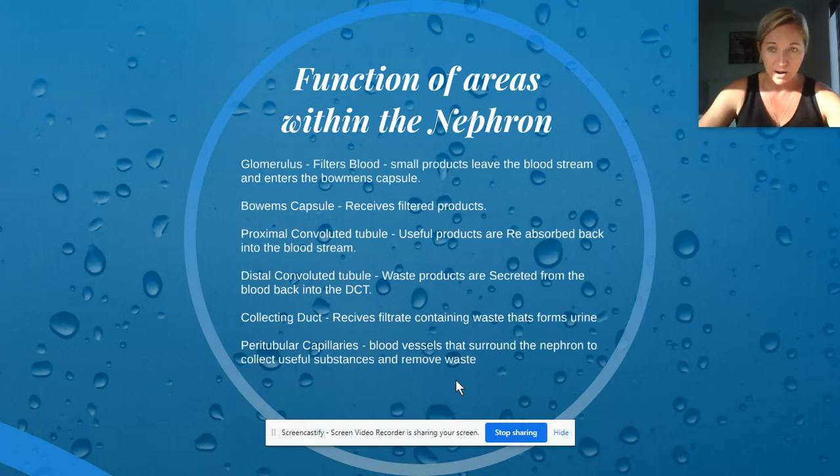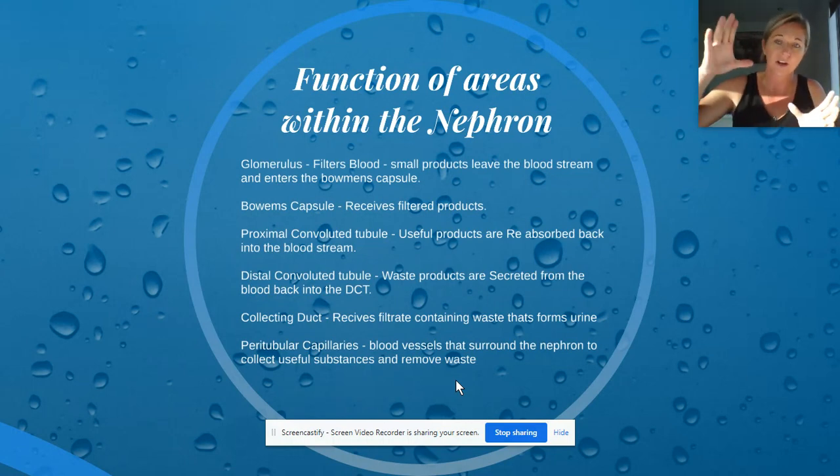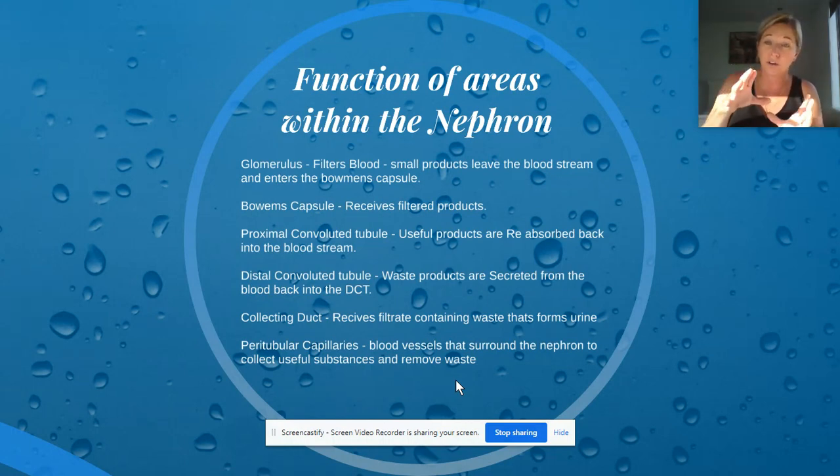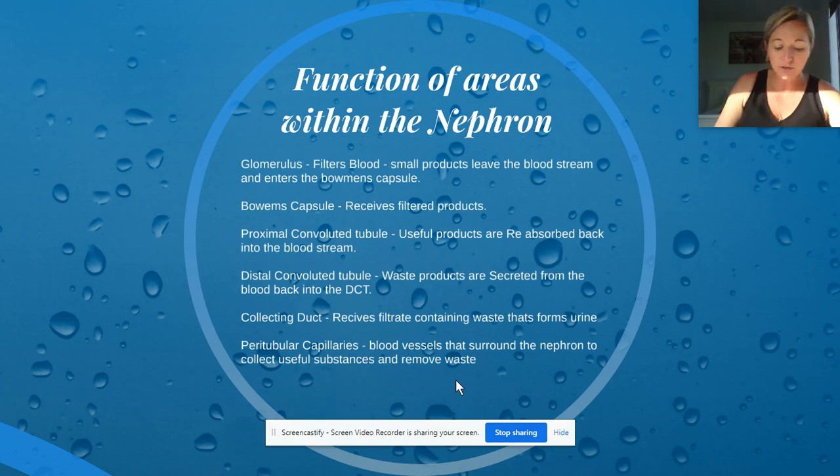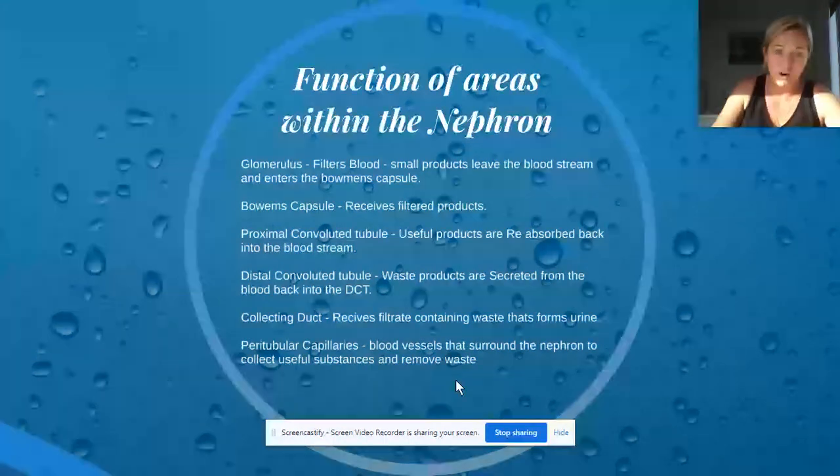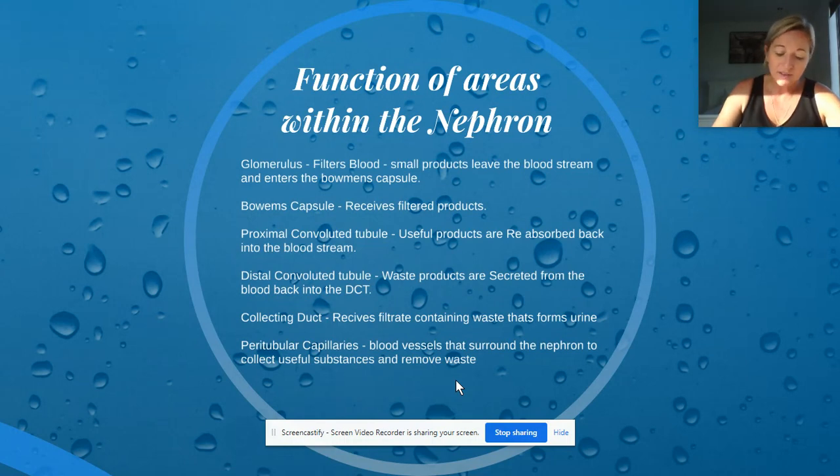So whatever's got out of that blood is now sitting in the Bowman's capsule. So the job the Bowman's capsule has to do is just to hold on to those filtered products that have left the blood network, that have left the glomerulus. Cool. What happens then? That filtrate, use your finger, like I said, starts traveling up the proximal convoluted tubule, eh? Now, when that filtrate travels up the proximal convoluted tubule, some of the products in that filtrate system